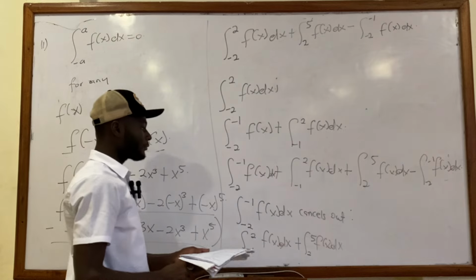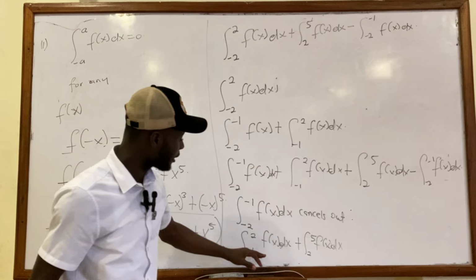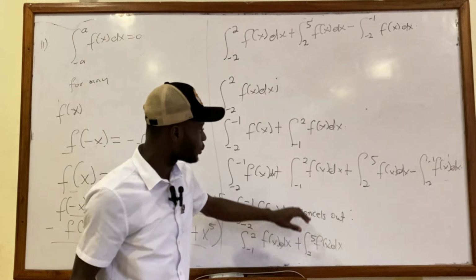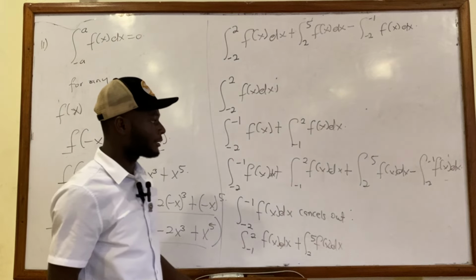This particular limit will cancel out with this particular limit: 2, -1 plus 5 and 2. These two elements will cancel out. All right. So now